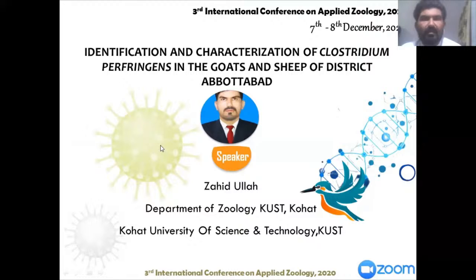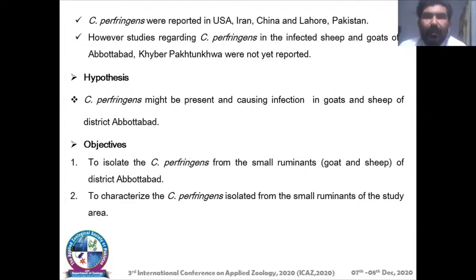The topic of my research is identification and characterization of Clostridium perfringens in the goats and sheep of district Abbottabad. It has been reported in USA, Iran, China, and Lahore in Pakistan. However, studies regarding Clostridium perfringens in the infected sheep and goats of Abbottabad, Khyber Pakhtunkhwa were not yet reported. For this, we designed a hypothesis, that is, Clostridium perfringens might be present and causing infection in goats and sheep